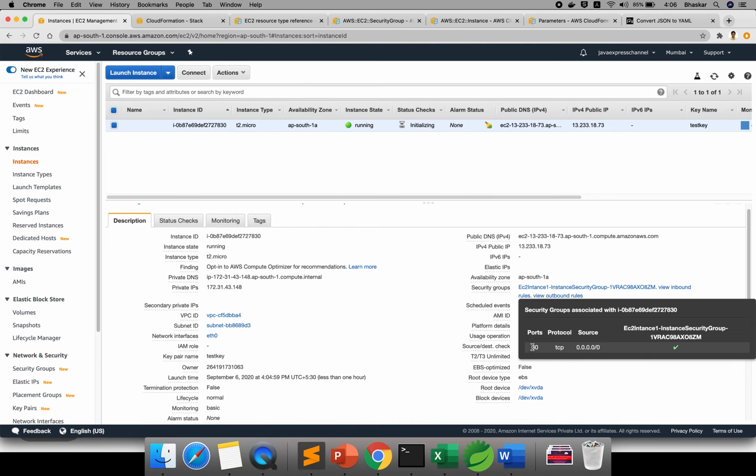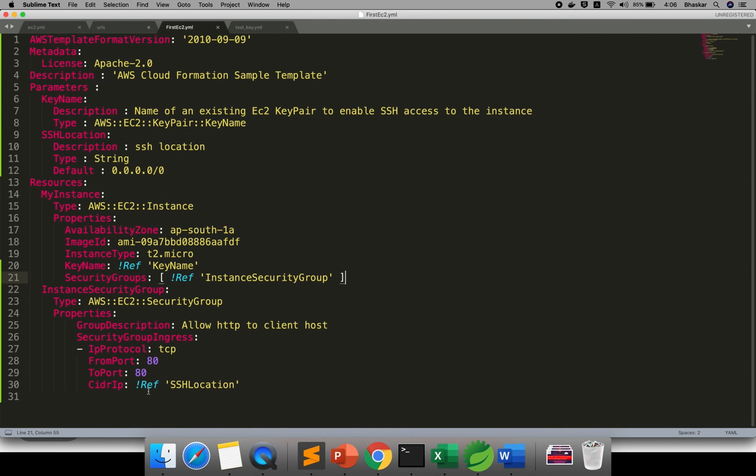See, this is your port number, TCP 0.0.0.0. If you observe here, we did not enable port 22, only port 80 is enabled, so you cannot log in from your system. This is an assignment, you can do it yourself, as much as you understand this part. I hope you guys are clear.